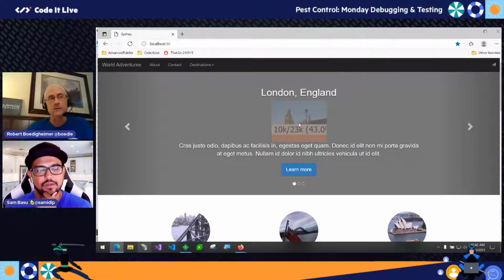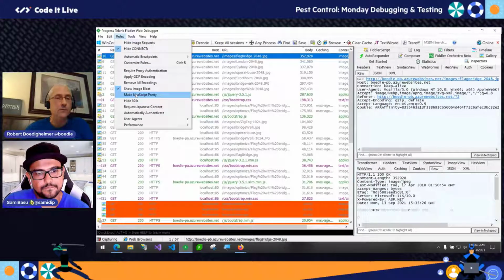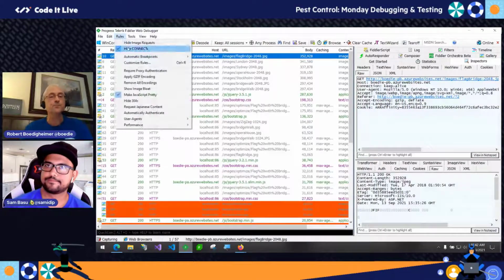But the point is, it's cool because Fiddler's got these extensions to add on to the product that do cool things like that. So that's one of the more useful ones. The other one I'll use is JavaScript Pretty. I do a lot of minification of JavaScript.